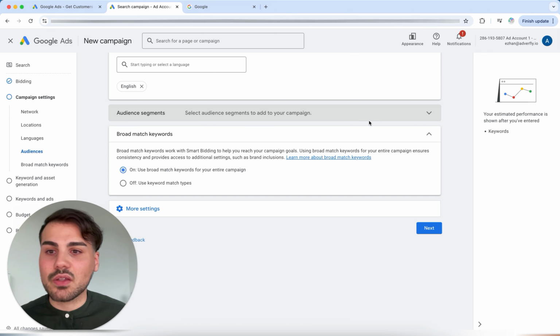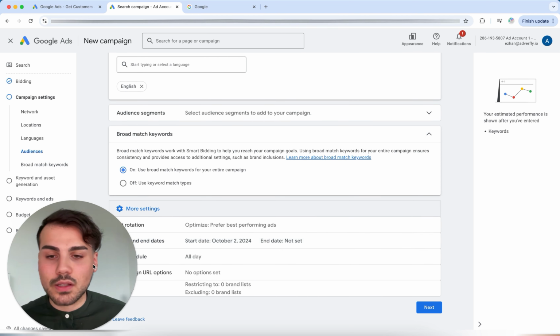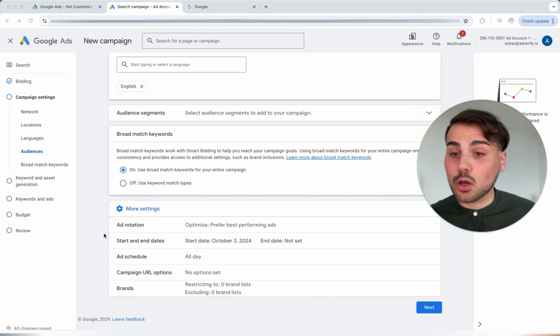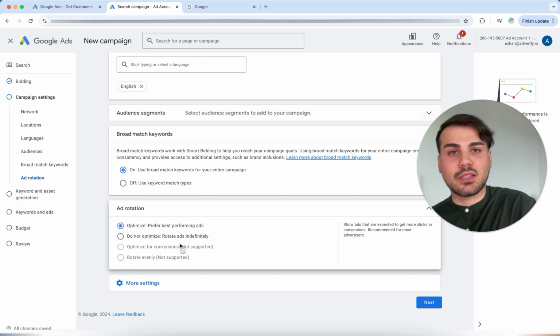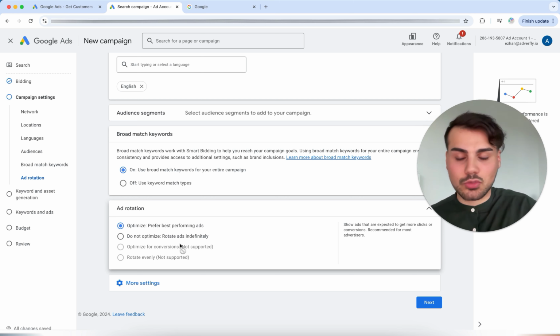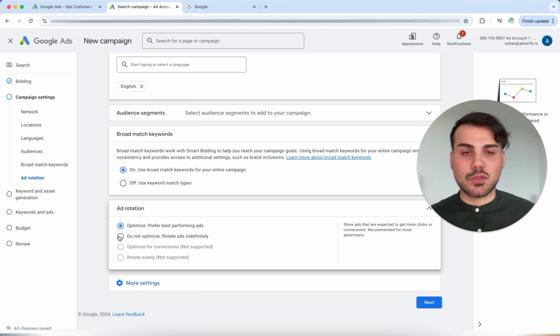And then we have the following options, which we will come to in a moment. If we do this at keyword level, first we do the following. First, I will show you the advanced settings, more precisely what that means exactly. And here we have the following thing, namely the rotation. This simply means that if you have multiple advertisements, for example, multiple search texts, which people then see, then you can tell Google the following. So if you have, for example, 2 ads or more, I want these ads to always be displayed evenly, no matter what, whether one performs better or the other performs worse. I always want it to be played out the same way.